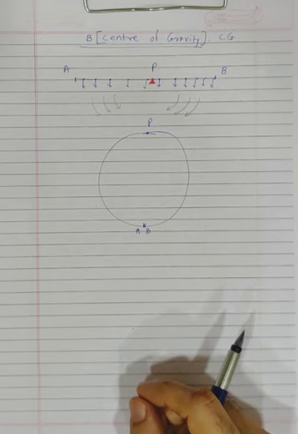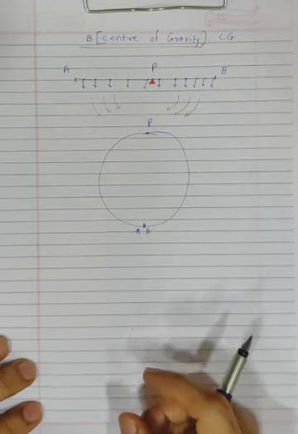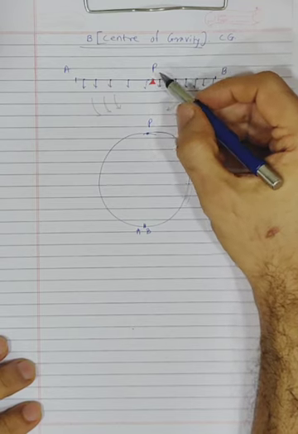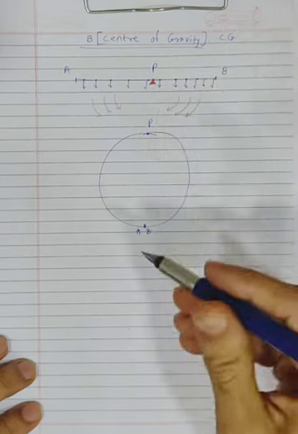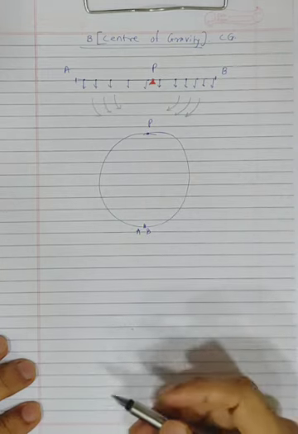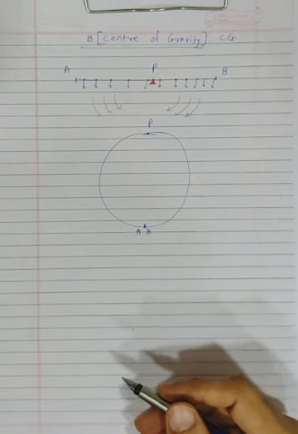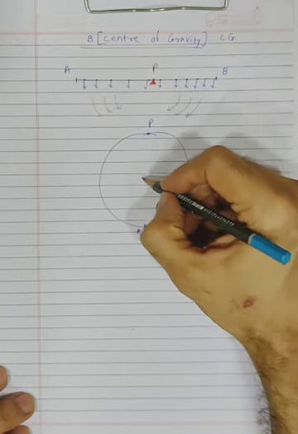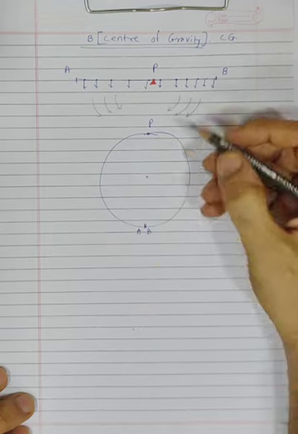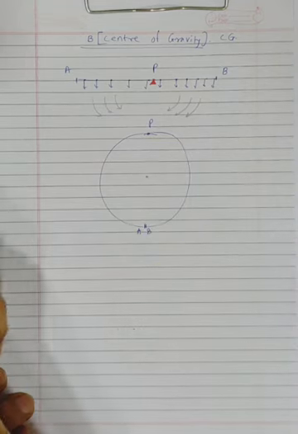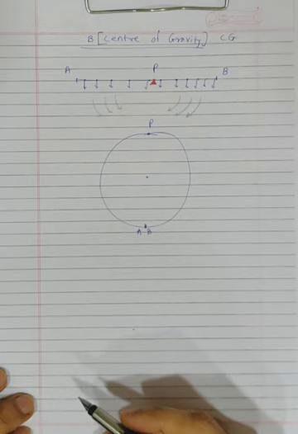Now my question is, where was the center of gravity earlier? At the point P. Will the center of gravity still be at the point P only, or would it have shifted now? It must have shifted now, obviously. It will not be at the point P. Where will the center of gravity be now? Guess. The center of gravity would be at this point here, which we also call the geometric center of the circle.